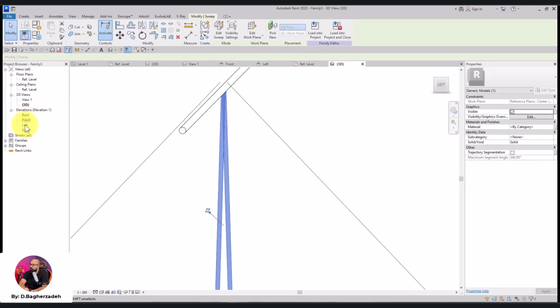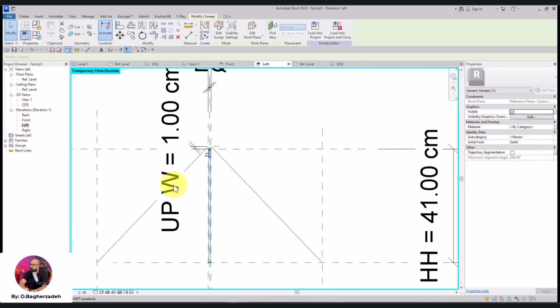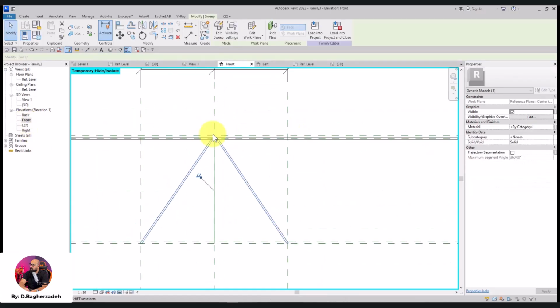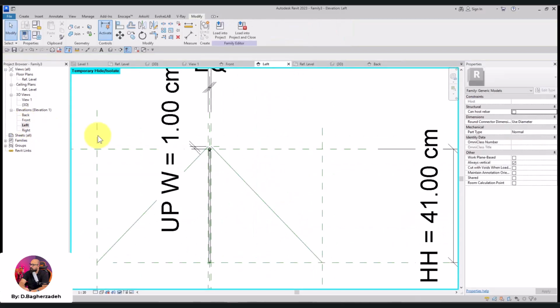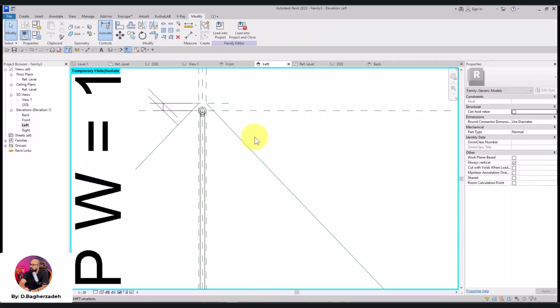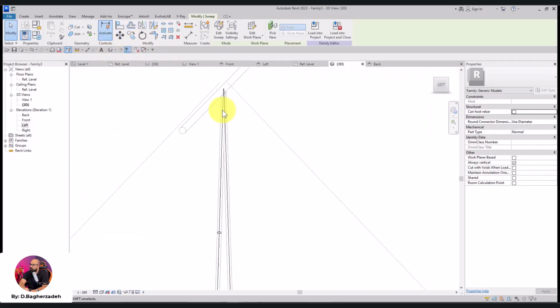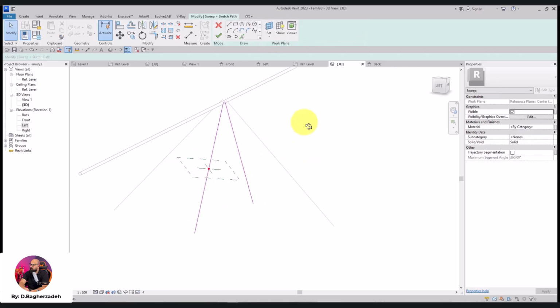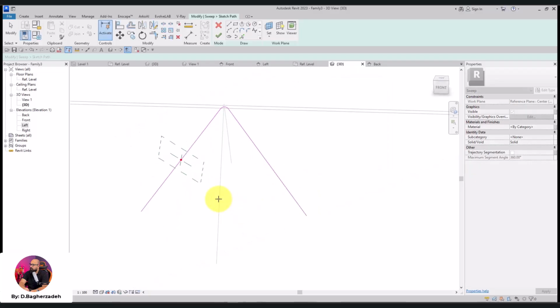So here is one of the sides of the element, and moving back to left, front, and checking back. Okay, checking left again. I have to open this a little bit. Right now I just understood that I have made a mistake that we should fix, guys. We had to set our work plane to this gray line, okay? So we set the work plane again, and then